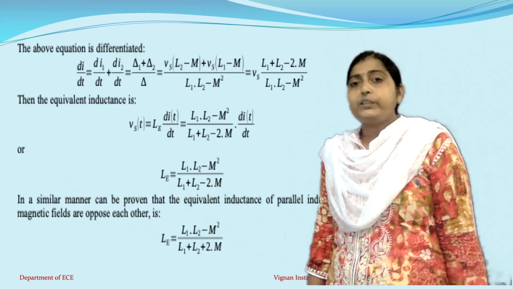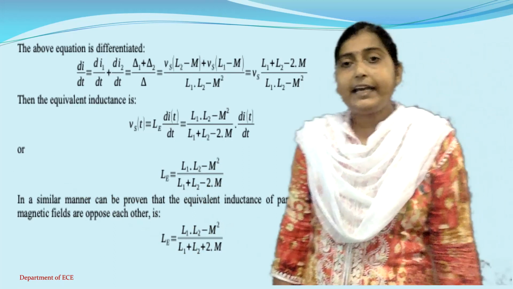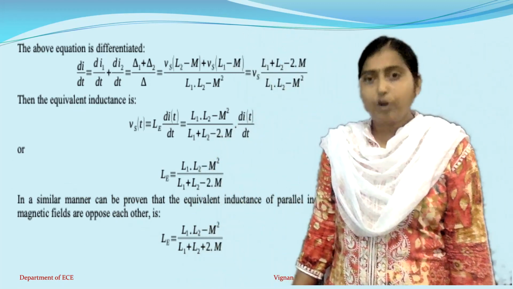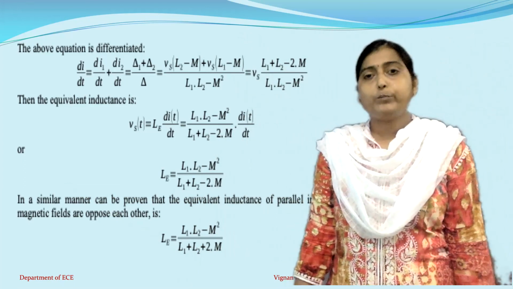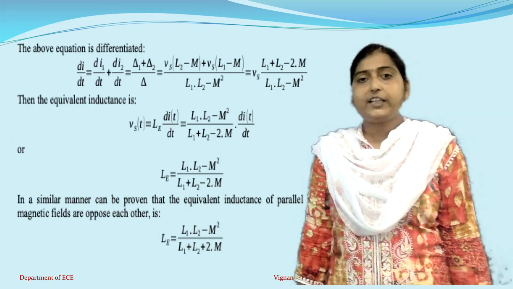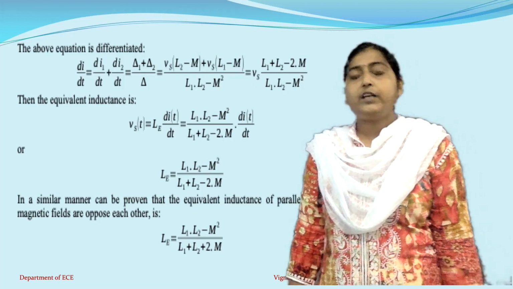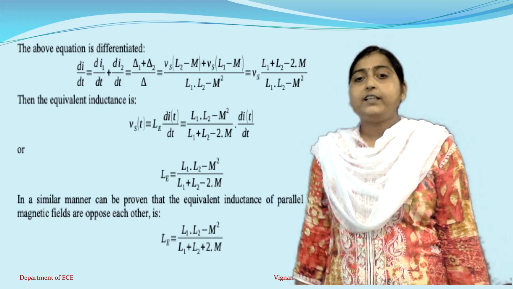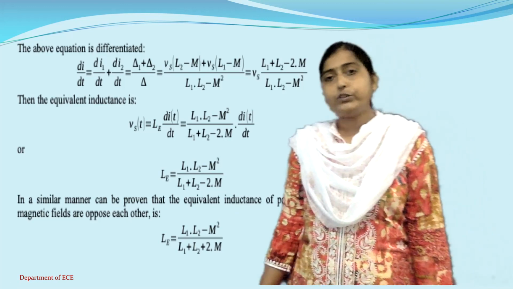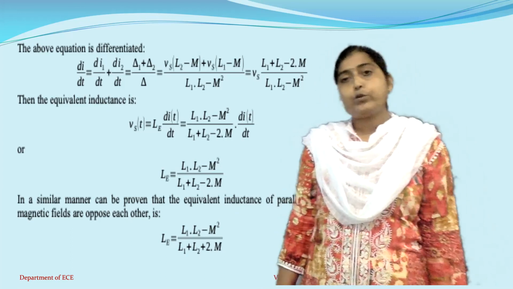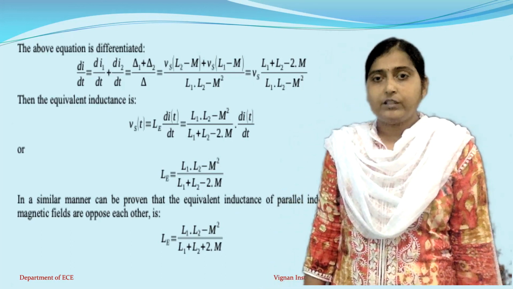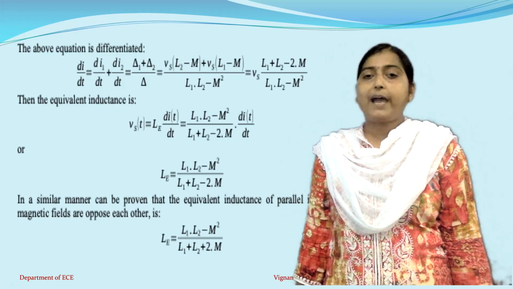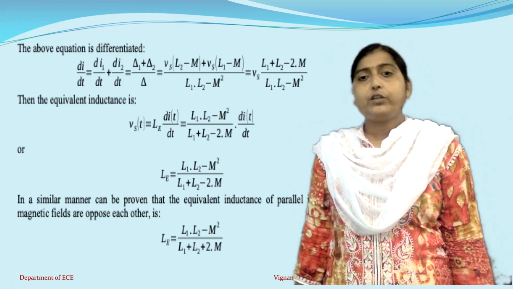Please remember that dot convention will really help us analyze the circuit in a better way, so that based on the dot convention we know the polarity of the mutual inductance. Then we solve the network simply by using mesh analysis. So this is about magnetic circuits when they are connected in series aiding, series opposing, parallel aiding, parallel opposing, based on the dot convention. Next class we will discuss how to analyze magnetically coupled circuits based on dot convention.